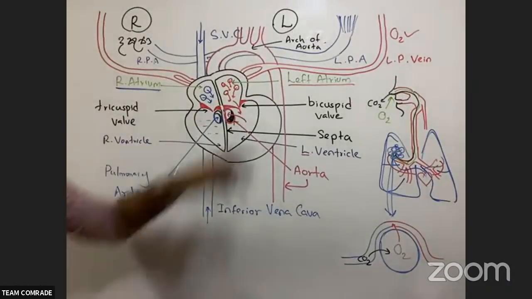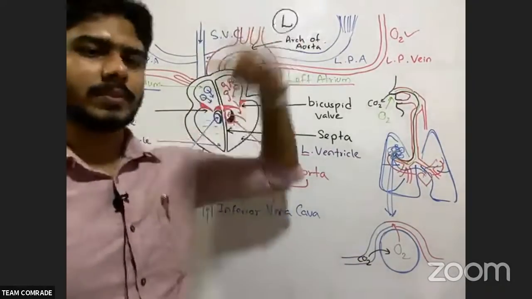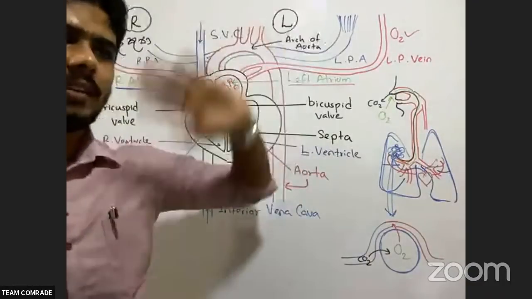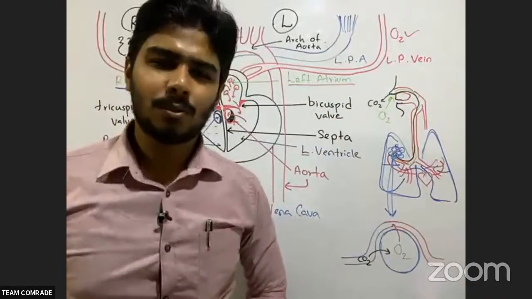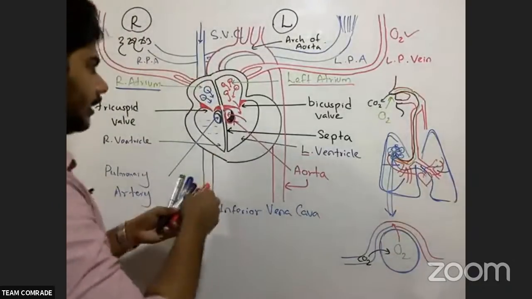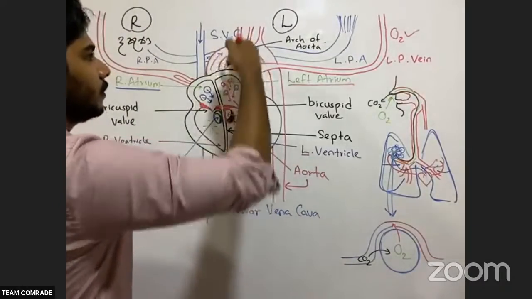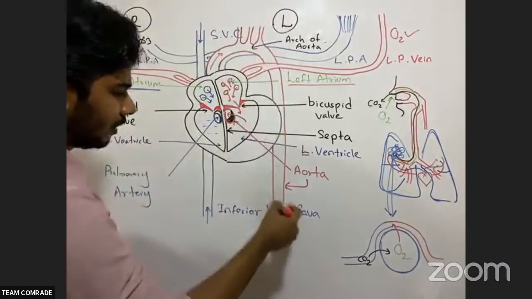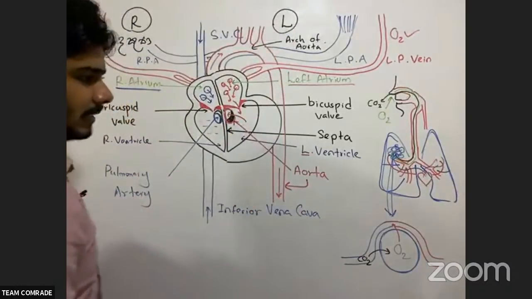Now these 3 parts will go to the top side of the body as subclavian and carotids, that you don't need to know. So they are going like that. And here now the entire blood is going all over the body, to the top places like this, to the bottom places like this.